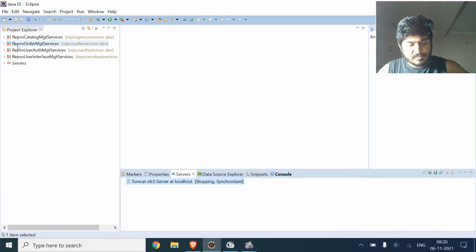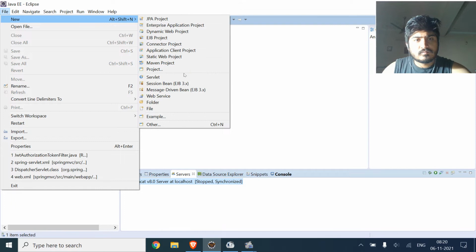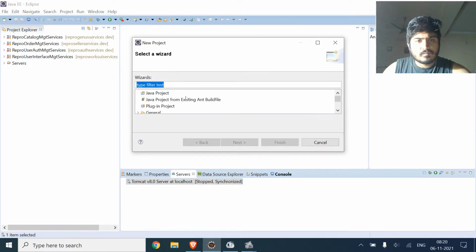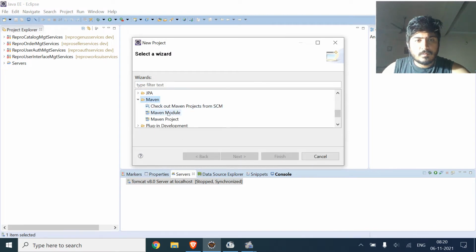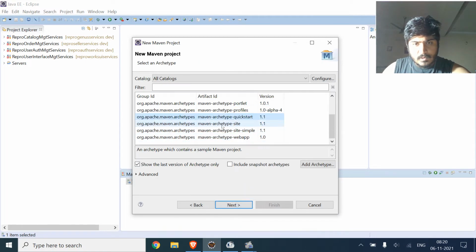and I will create a project. That would be a Maven project only. And in this, I will be selecting the web app instead of quick start because this would be a web application.